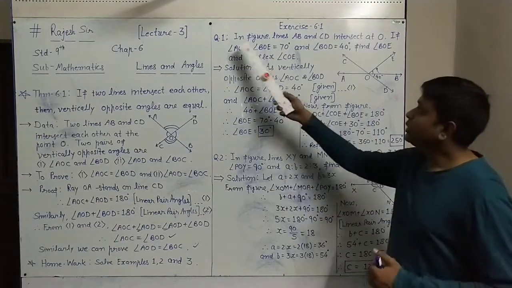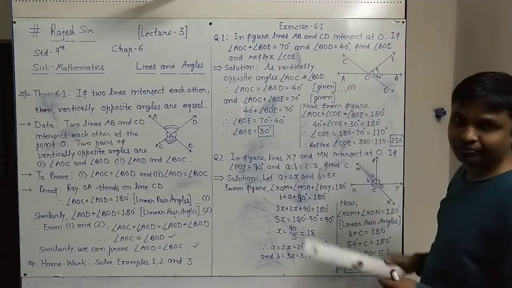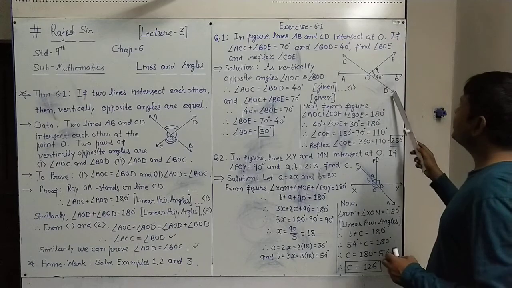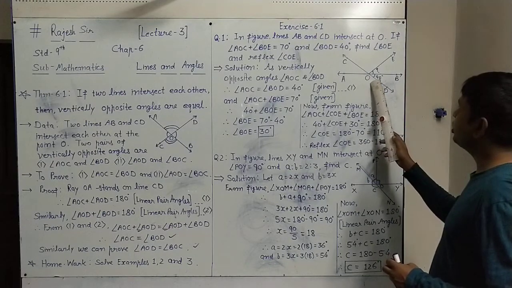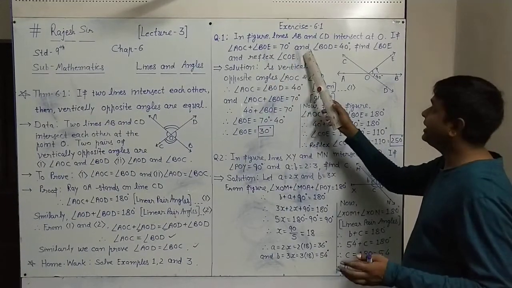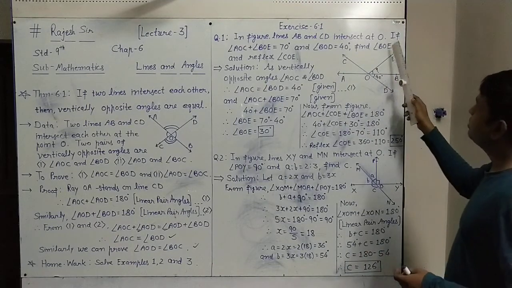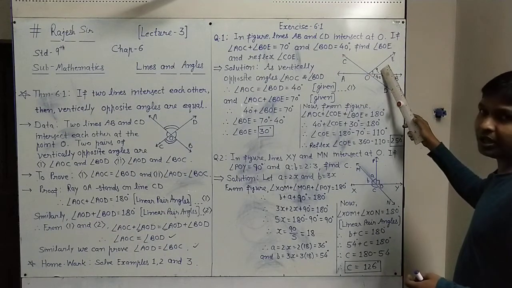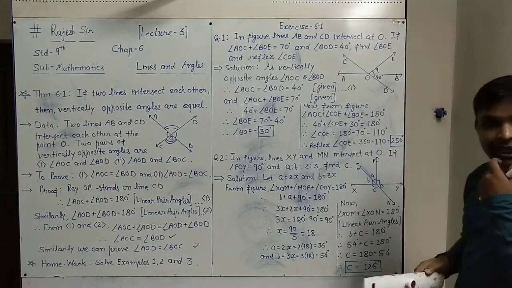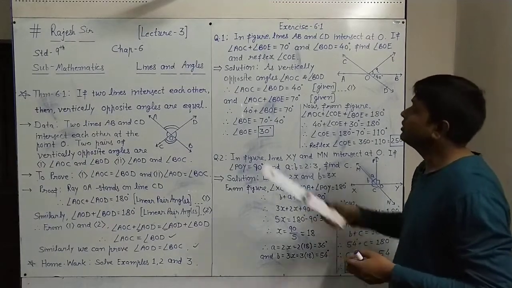See how. Question 1. In the figure, lines AB and CD intersect at O. The figure is given in the question this way. Line AB is given and line CD, two lines intersecting each other at point O. If angle AOC plus angle BOE is 70 degrees, which is the given condition, and angle BOD is 40 degrees, that is marked here as BOD, 40 degrees. Find angle BOE, meaning this angle we want, where the question mark is written, and reflex angle COE. So how to solve? Let's see. It's again a very easy one.